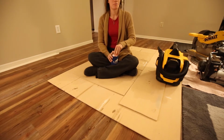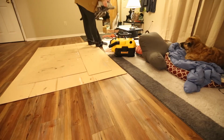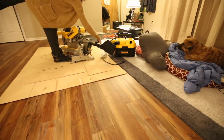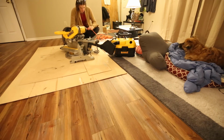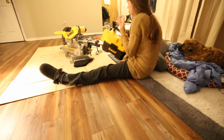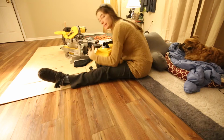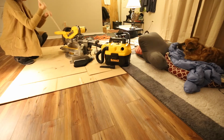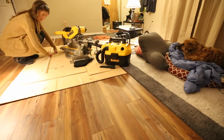I don't think my head is in the frame, but we'll see. This struggle should be entertaining. Setting up the saw inside, not knowing what to do with the dust bag, and deciding to use a vacuum instead. I know. I have no idea how this works. I can tell you right now, this is gonna be bad. But wait, which way? So left is right and right is...